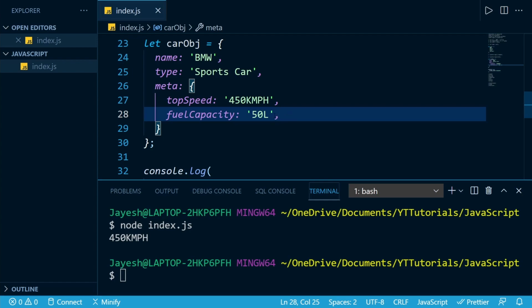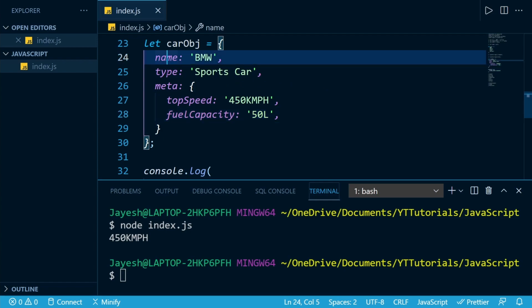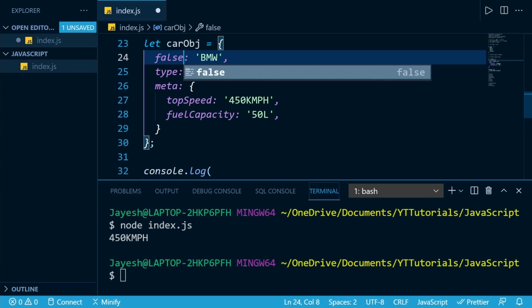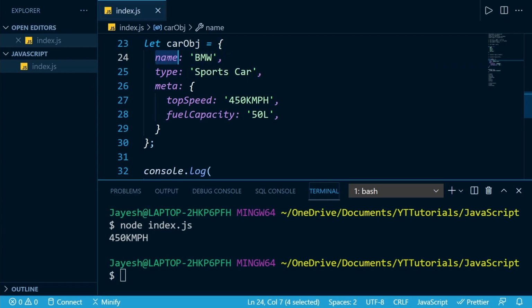Speaking in general terms, we can have different properties, and these property names should be simple plain text, or a string, but it cannot be something like a number, and it definitely cannot be something like a boolean, of course. So it has to be a normal text value or maybe a string, nothing else. Even if you do not put quotes around it, it doesn't matter, but it should be a normal text value.